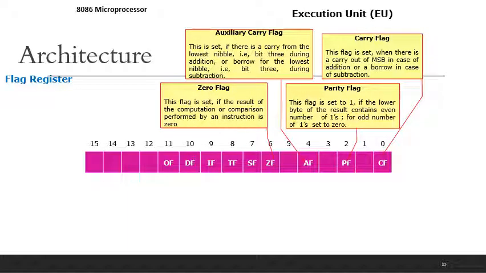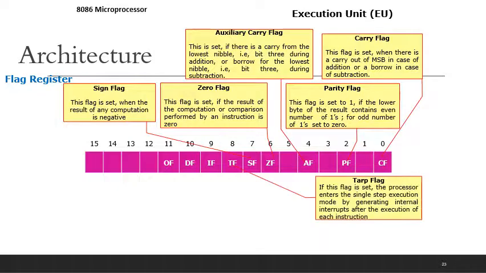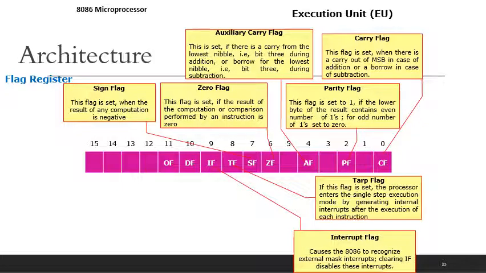Zero flag. This flag is set if the result of the computation or comparison performed by an instruction is 0. Sign flag. This flag is set when the result of any computation is negative. Trap flag. If this flag is set, the processor enters single step execution mode by generating internal interrupts after the execution of each instruction.